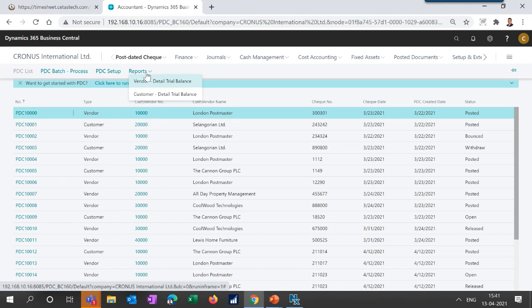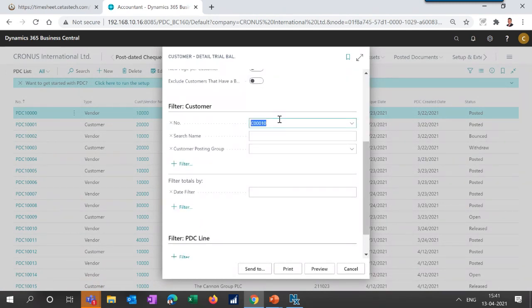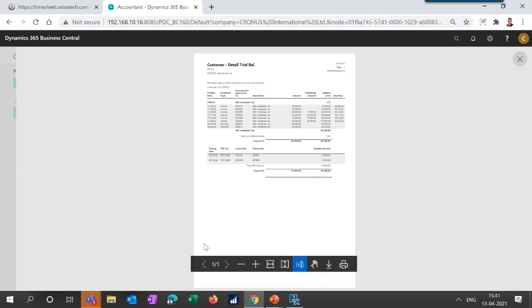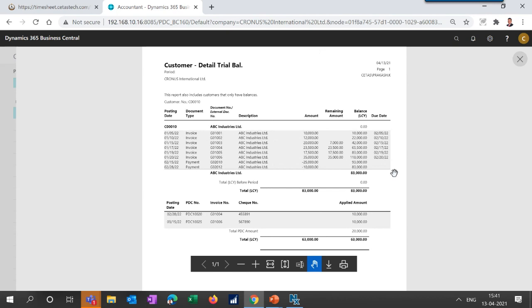Before that, if you want to track the PDC, we have added additional information to the standard vendor trial balance and customer trial balance reports, where you will be able to see the PDCs. For example, I'm just choosing this customer. We are listing all the outstanding transactions from the customer ledger entry or vendor ledger entry pages.